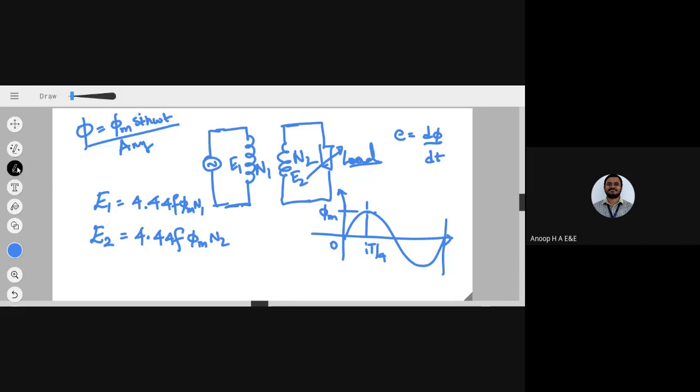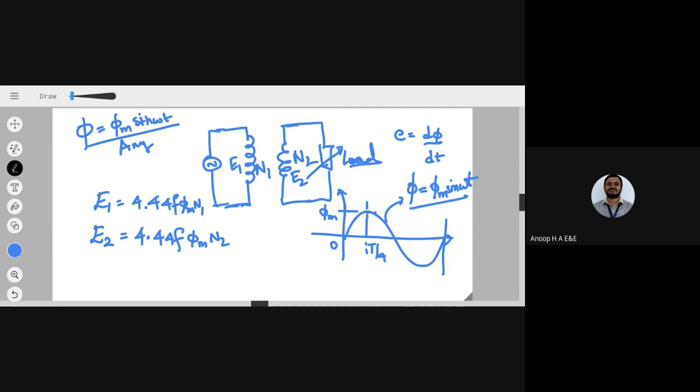All right, so now what I got here is phi equals phi m sine omega t. What is the expression in terms of the sinusoidal way in which you can express it? So you will be having phi, which would be equal to phi m sine of omega t. Got it? So this is the expression of it.